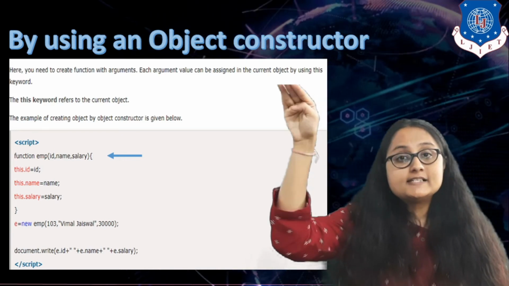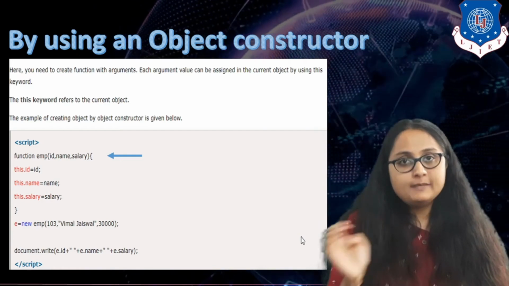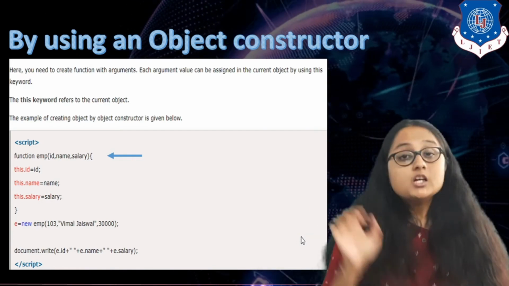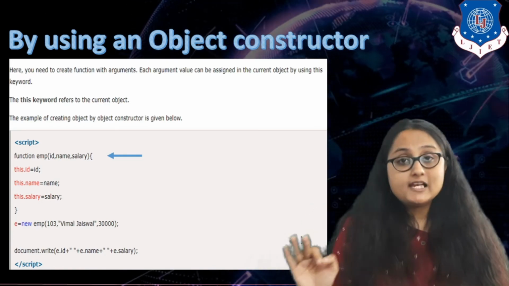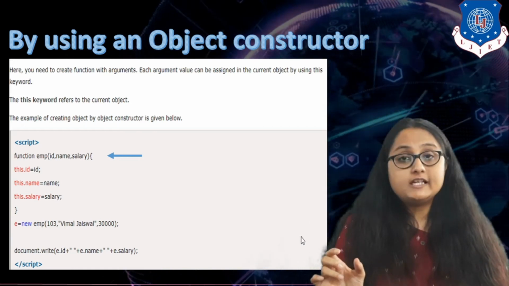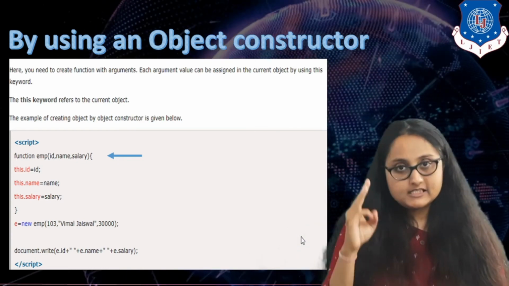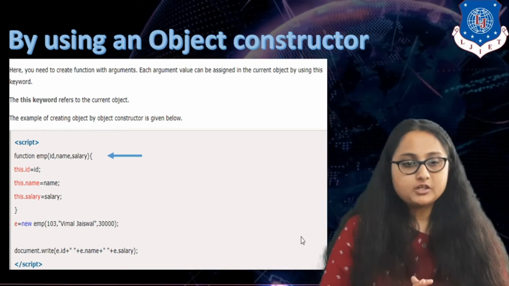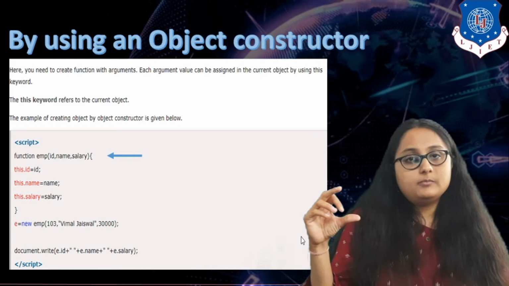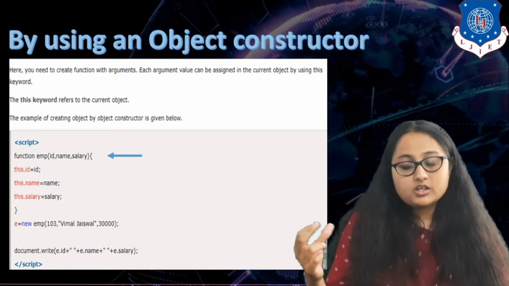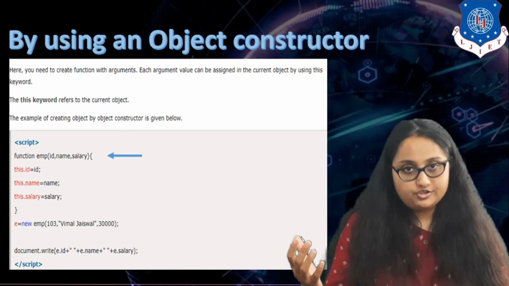You are assigning the second argument value name to the second property name. The third is this dot salary, is equal to, you are assigning the salary argument, that is the third argument, to the third property, right? So basically we are constructing an object constructor.